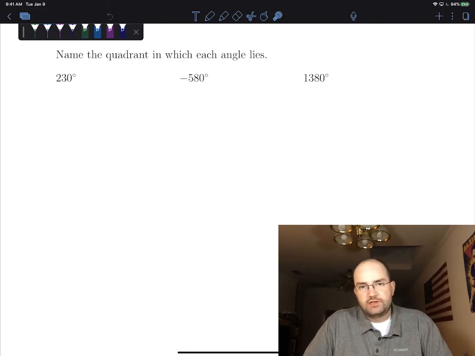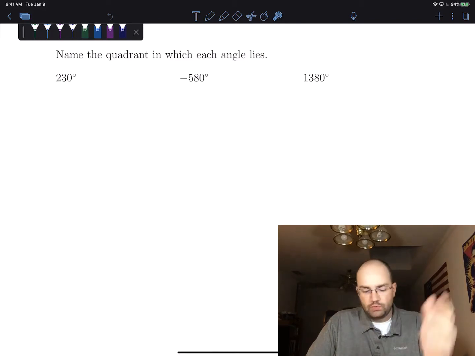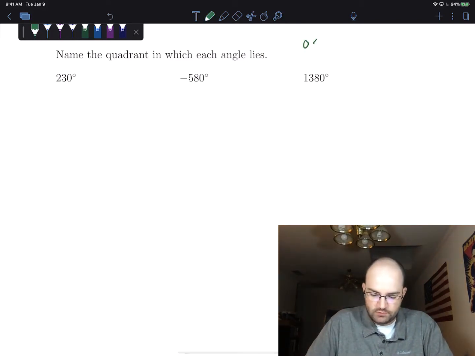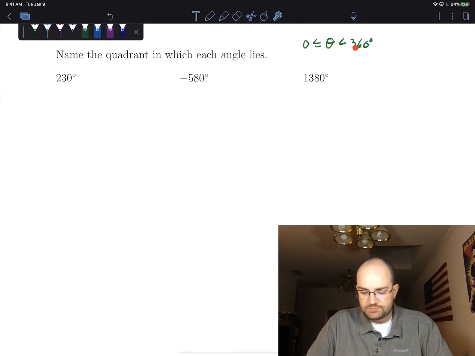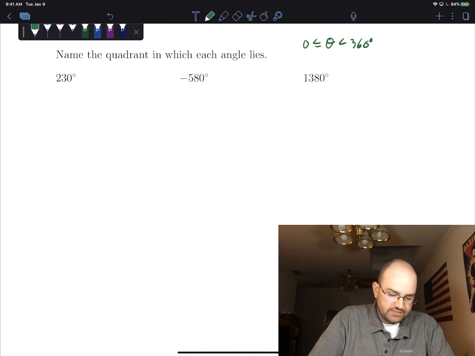And the easiest way to do this is to get the smallest angle. I'm going to call it theta, and we want it to be between 0, less than or equal to theta, less than 360 degrees. So what this means is I want theta to be the smallest positive angle between 0 and 360. Now, the reason I want to do that is because if we look at the coordinate grid,